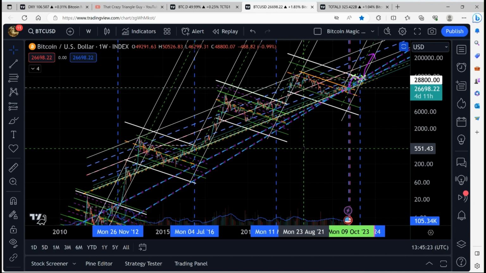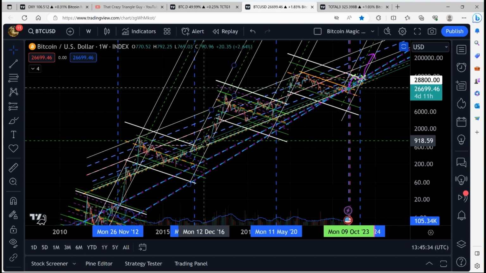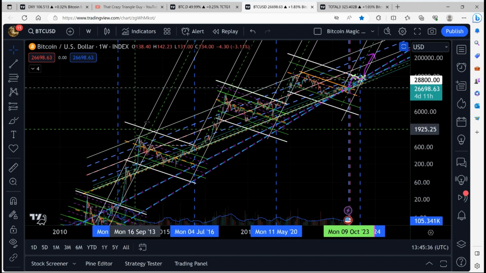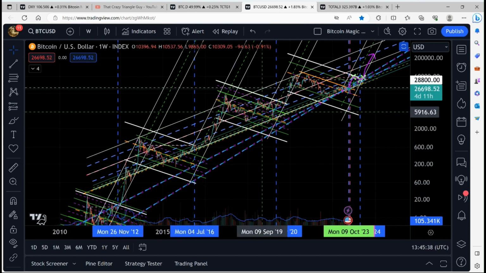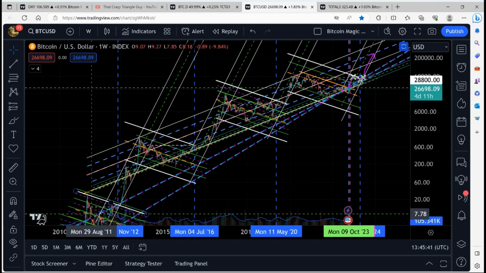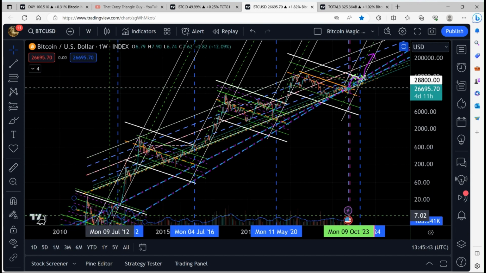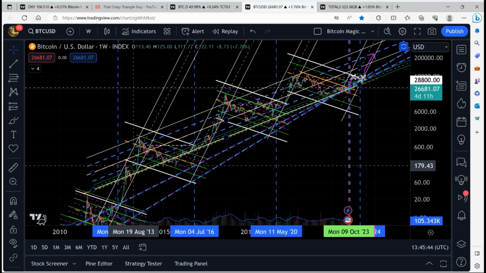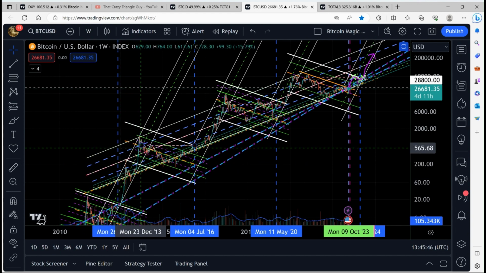And everybody had, myself included, had... I'm going to have to zoom in. Let's stay zoomed out for a second. This is what Bitcoin is doing. It's what it's done. All these lines are perfectly parallel with one another. Bitcoin has traveled in these channels in the bear market, and then in these parallel channels, ascending parallel channels in the bull, or in the parabolic bull run, as we are.